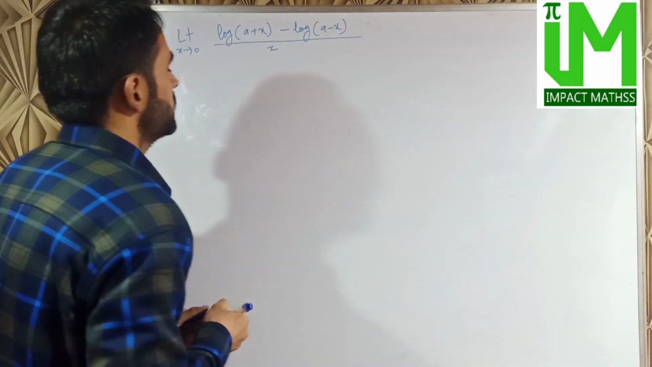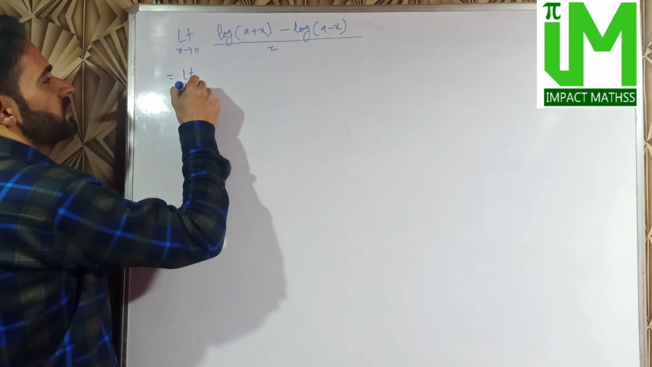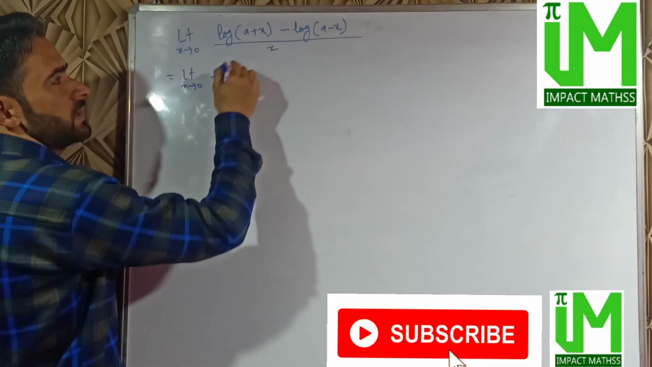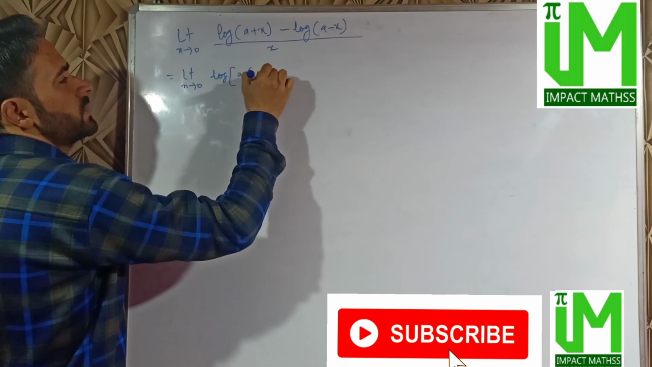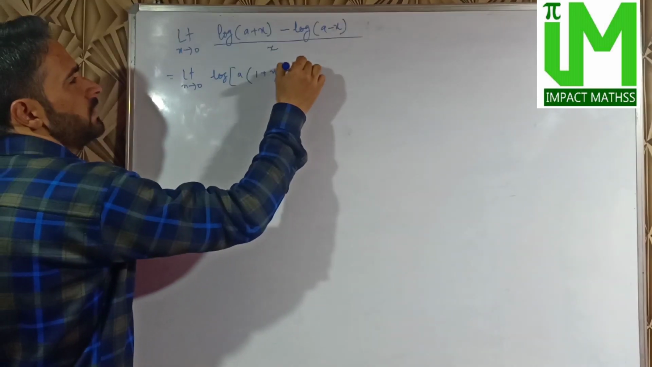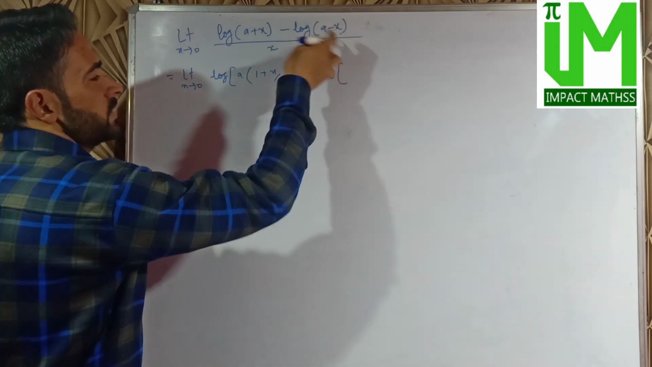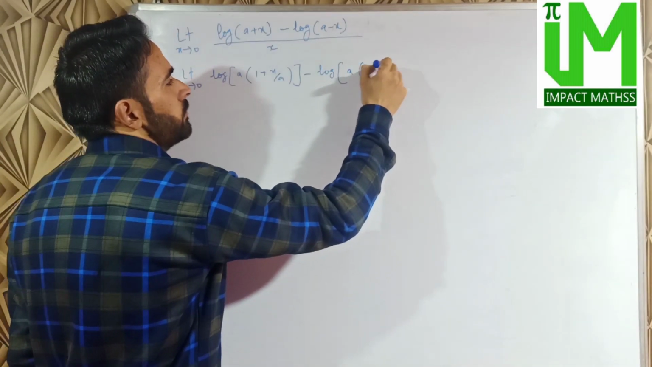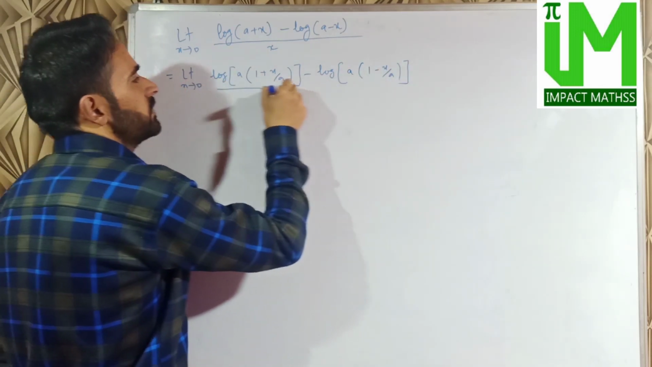So we can write this as limit x tends to 0, log of, so इस टर्म में से a plus x में से हम a कॉमन निकालेंगे. So it will be a into (1 plus x divided by a) minus log of, again a minus x में से a फिर से कॉमन निकालेंगे. So it will be a into (1 minus x divided by a) whole divided by x,